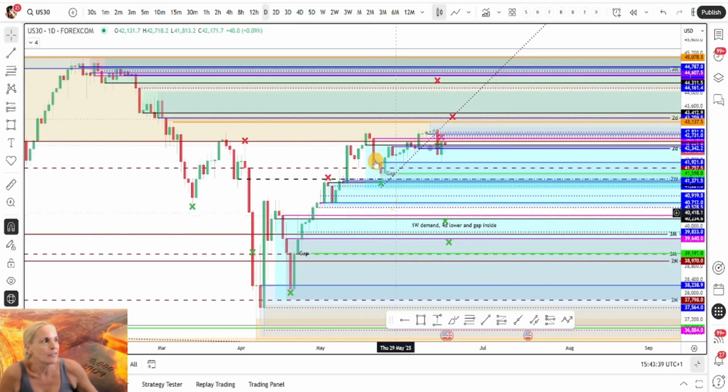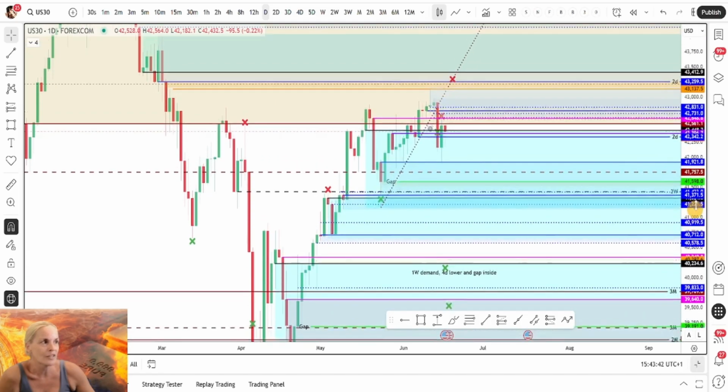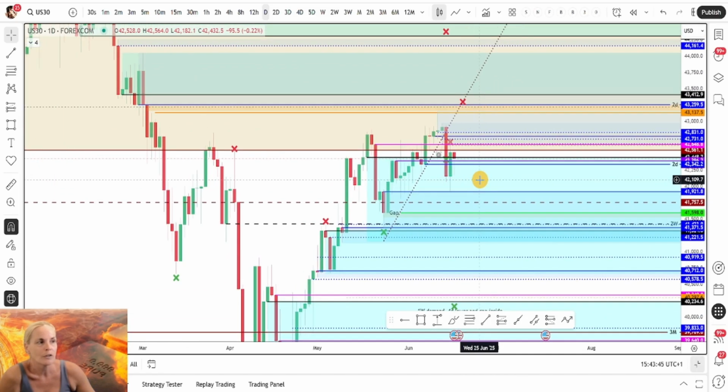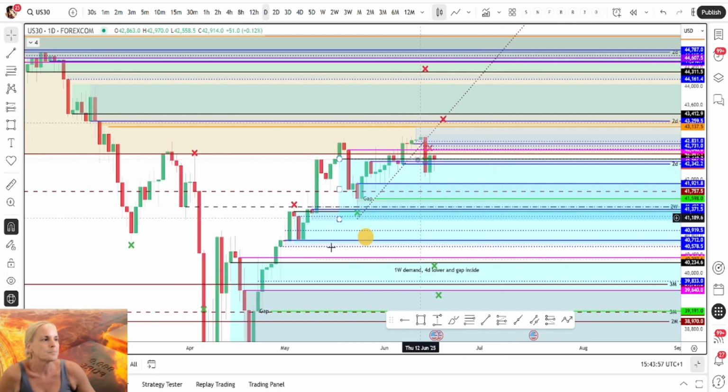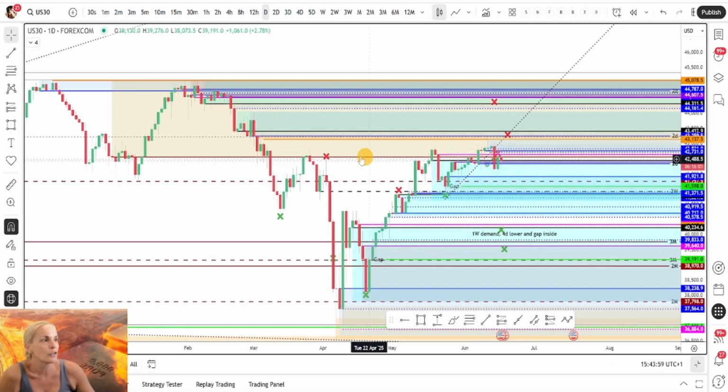So anyway, since May we've been having this slow grind up here, which has made it increasingly hard looking for entries on these, and I think we'll see something similar on some of the other charts a little bit more than on the US30, with these 3-day, 4-day, 5-day daily demands all chopped around in here. So in the case of US30, this also did a very nice short going into the bigger drop,